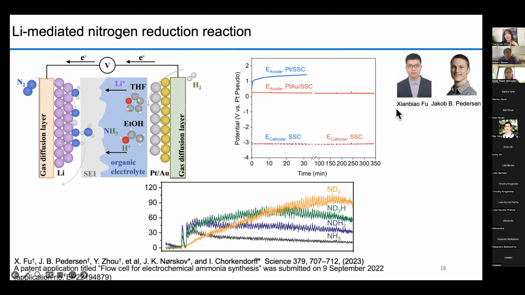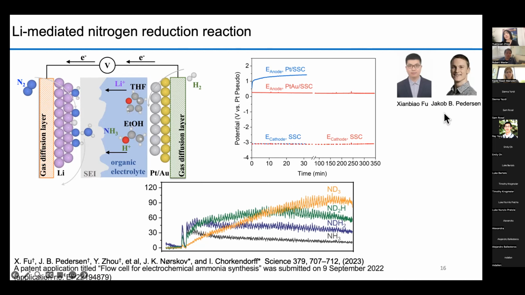Our experimental colleague, Dr. Xianbiao Fu, first tried platinum, which is known as the most active catalyst for the hydrogen oxidation reaction in aqueous systems. But he found that the anodic potential immediately went beyond 1 volt, and the catalyst became deactivated and started burning the THF. While when he used platinum gold, the anodic potential stayed around 0.3 volts,